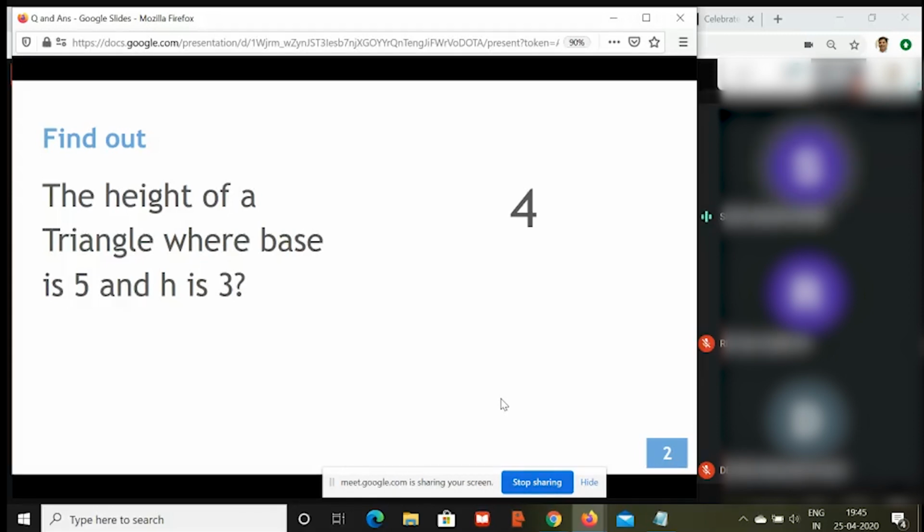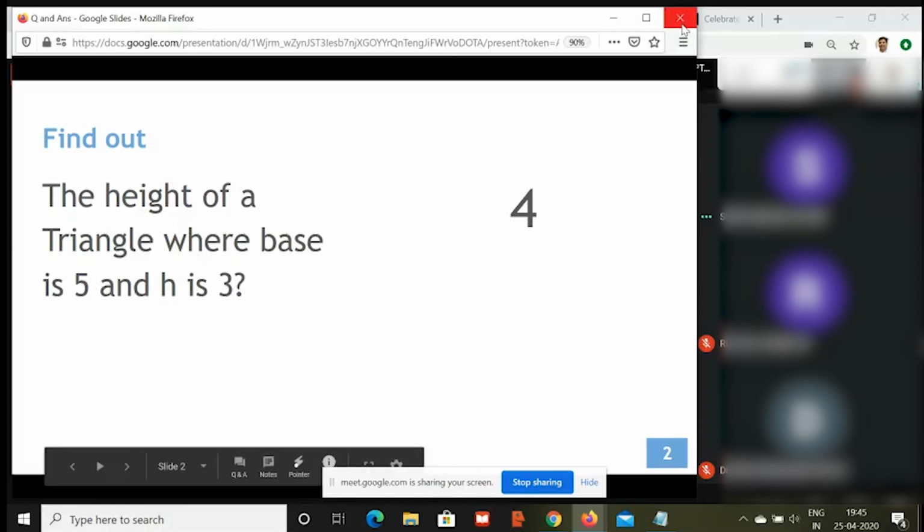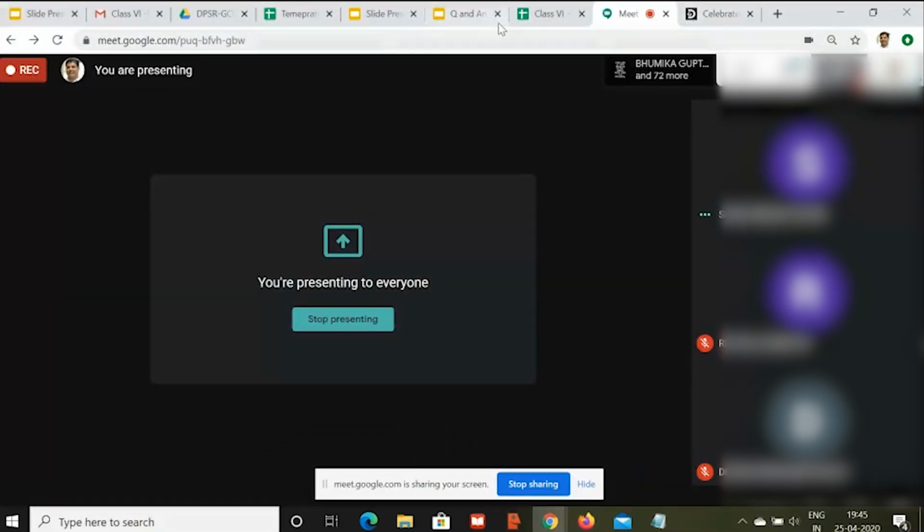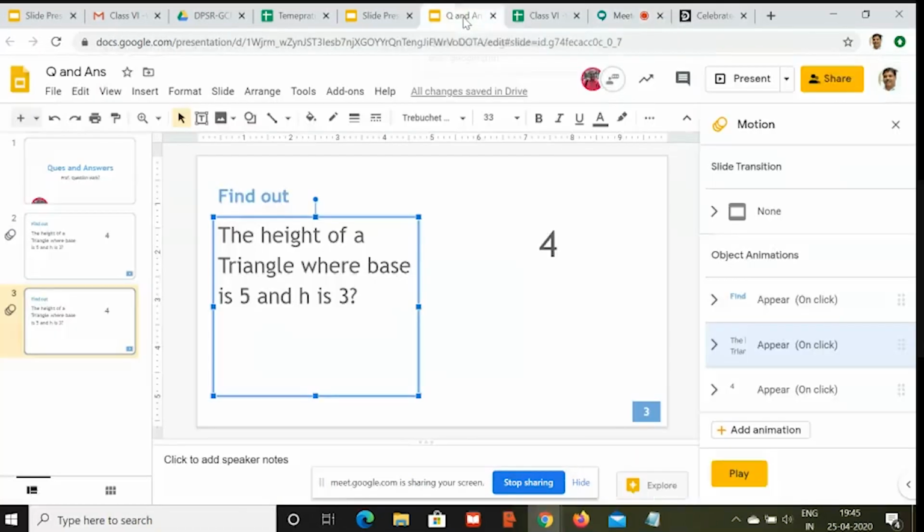Can we not do it with Google Chrome? We can open 2 Google Chrome windows and do the same thing? No, actually, as soon as you present, there is a difference. Right now, you are presenting to them like this, and you are keeping your Meet on the side.